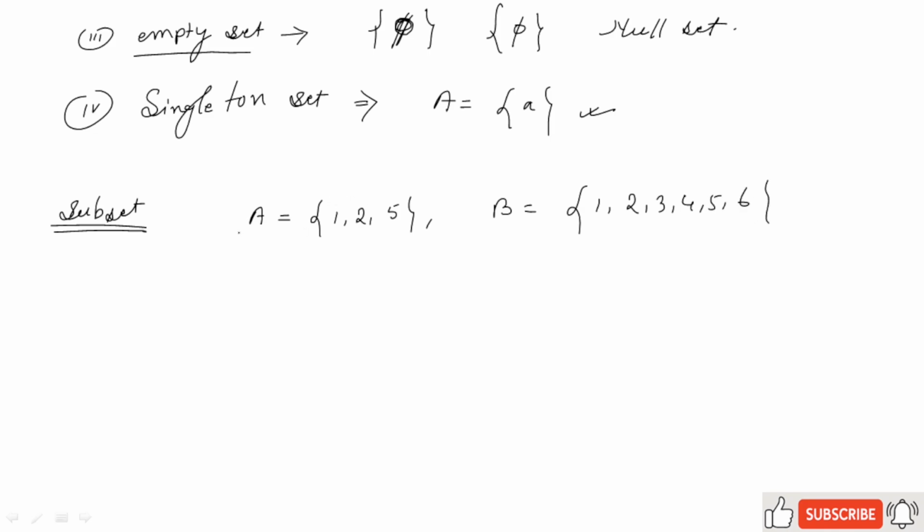Then this set A is called a subset of B, because all the elements of A are in set B. The definition of subset is, we can write it this way: set A is called a subset of set B,